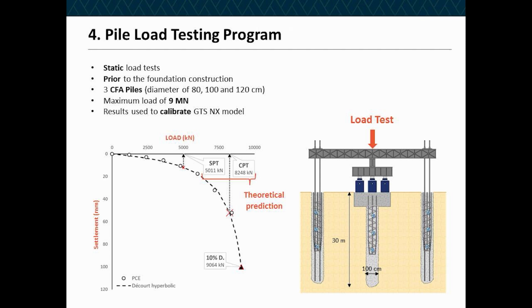So a program of pile load testing was undertaken, which included 3 continuous flight auger piles tested to a maximum load of close to 9 meganewtons. The static load tests were undertaken prior to the foundation construction, which allowed a better understanding of the behavior of these piles. The results of the pile load test were compared to the values obtained by theoretical approaches using methods based on SPT and CPT, so standard penetration tests and cone penetration tests, as can be seen in the load